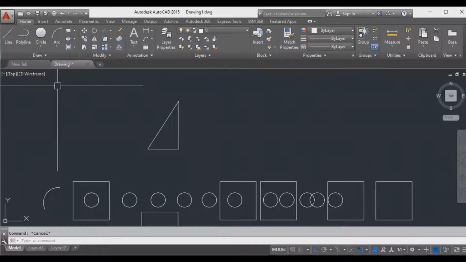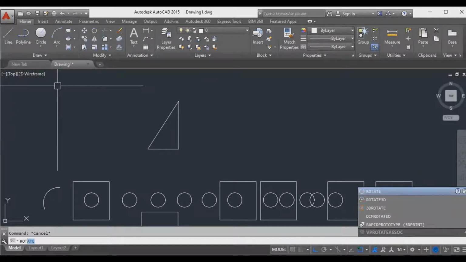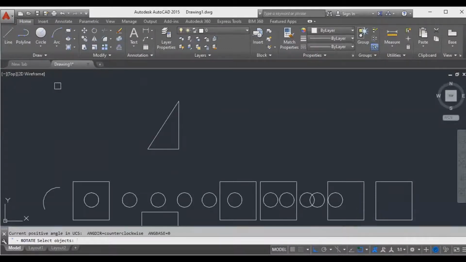If you want to do that, you have to use the command ROTATE. Rotate, enter. Then the computer will ask you to select the object, whatever object you want to rotate. So I will choose the cross window to select my object, then enter. Then you have to choose the base point. One thing you have to remember: the modify tools are always asking for a base point. If you want to do copy, you have to select a base point. If you want to do move, you have to select the base point. If you want to rotate, you have to select a base point. Okay, the base point is very important.